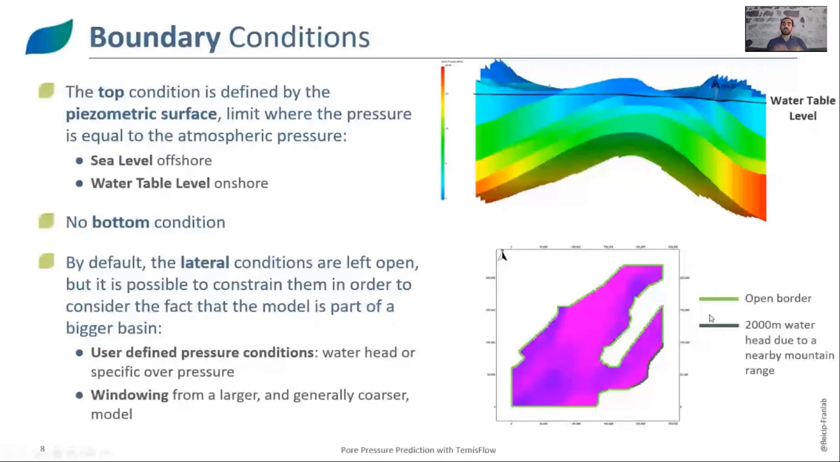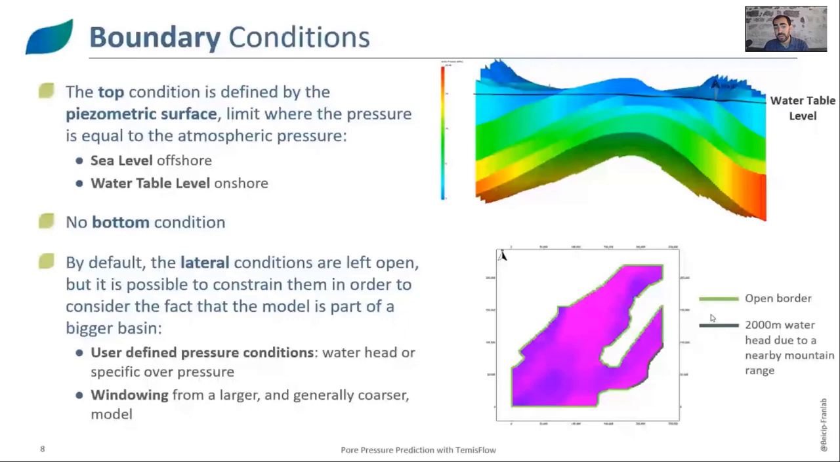So what we first need to define in order to have a proper pressure model within our basin are some good boundary conditions. We need to define a top condition, which corresponds to the piezometric surface, which means the limit where the pressure is equal to the atmospheric pressure. That limit is the sea level offshore, and it's the water table level, so the top of the aquifers onshore. There is no bottom condition to define, and by default, the lateral conditions are left open, but it is